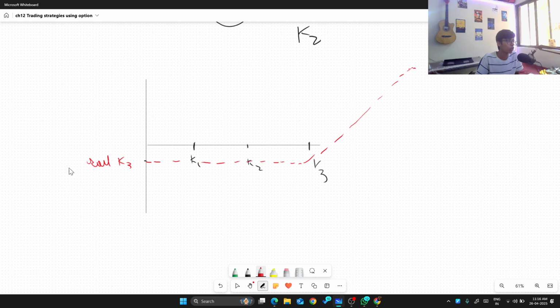And now we will long call K1, and it would be expensive because it is far away from the strike, let's say, and it starts from long call K1,